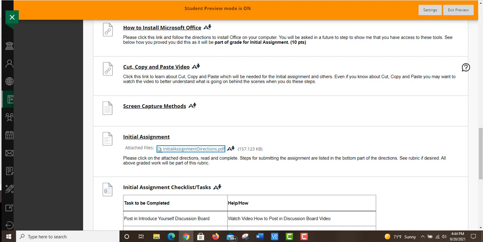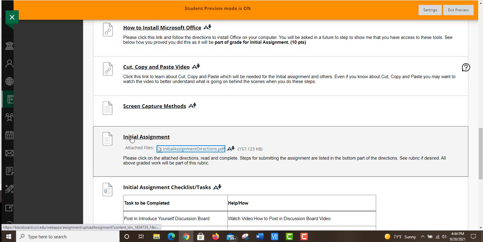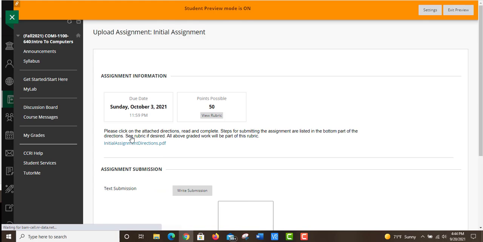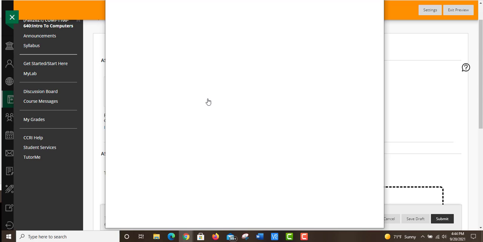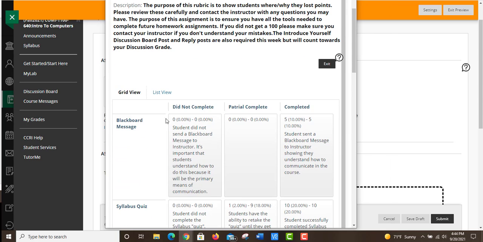In order to submit an assignment, you just have to click on the underlined name of the assignment. So I'm going to click here on initial assignment. And when you open up the assignment, you'll notice here that I always have a rubric. And the idea behind the rubric is that you know that you've completed everything you need for the assignment. So if you click on View Rubric, you can kind of walk through here and say, okay, yep, I sent